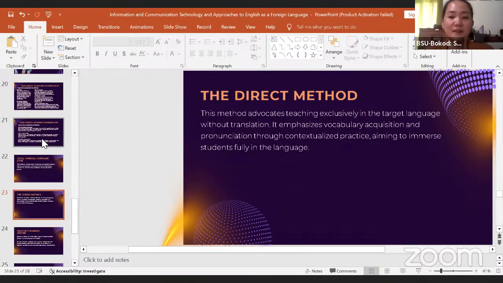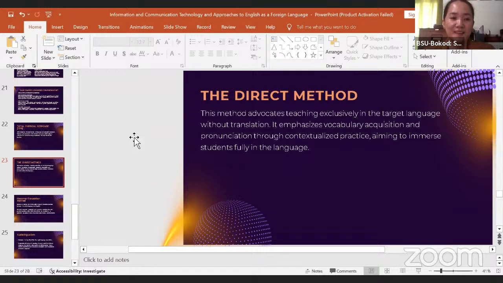It will not be forever in the class, because they will get angry with us. In the Philippine ESL, we cannot do that. We will still have what we call the shifting of two languages to re-emphasize what we want. But the direct method here is really the exclusive use of the target language.